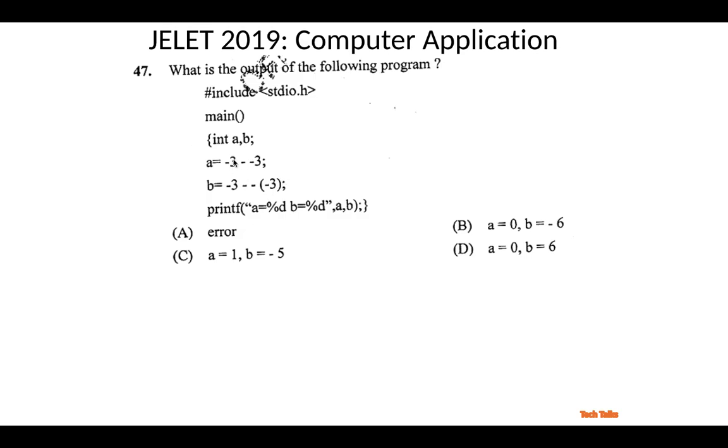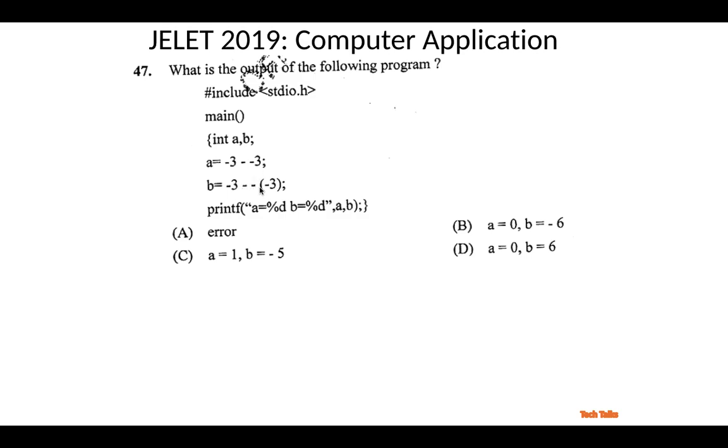But if we take that there is some space between these minuses, -3 space minus, then bracket, then -3, then the answer will be -3 minus -3, so 0.